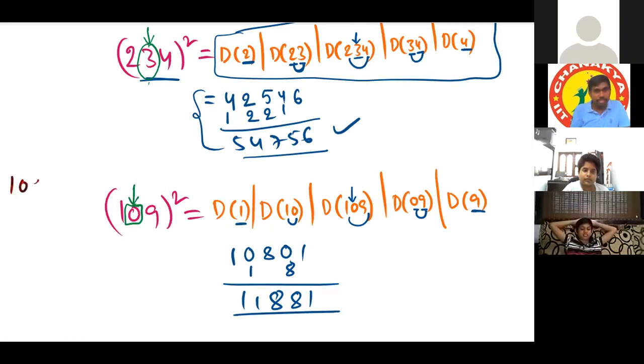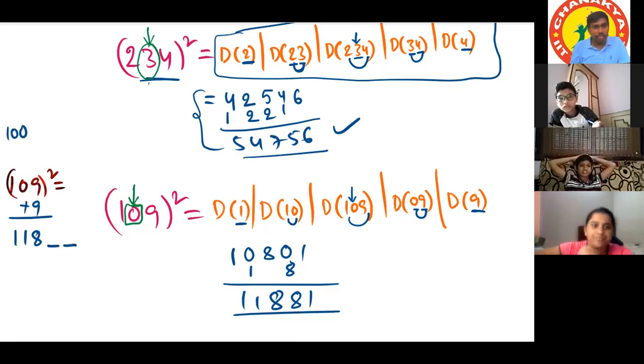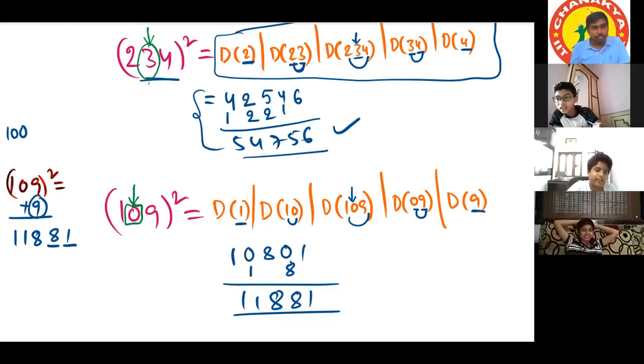Okay. And Ritvik, instead of doing this question in this way, it is better to do it in another way. For the number 109, what is the base? Sir, 100 is the base. How much is extra? Sir, 9. Add that 9. It will be 118. After that, we need to reserve 2 positions, and those 2 positions should be filled by 9 square, 81. Yes, sir, it is better. Using the base method, this is the squaring technique.